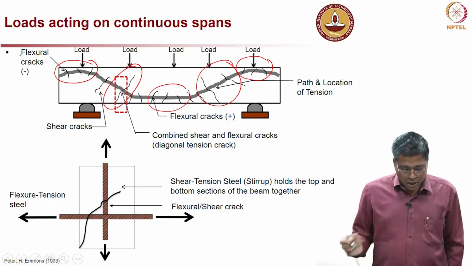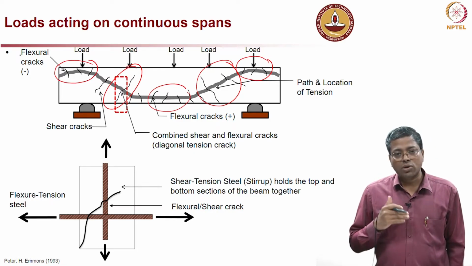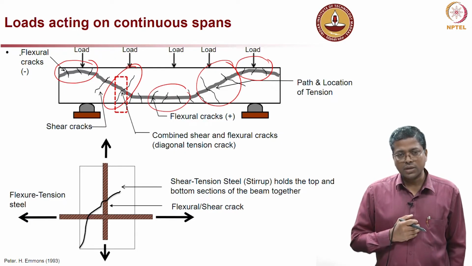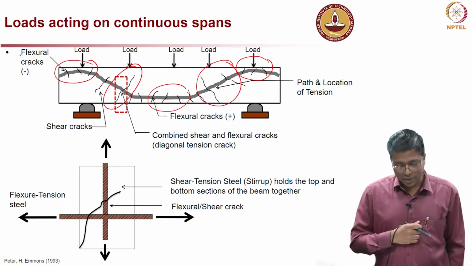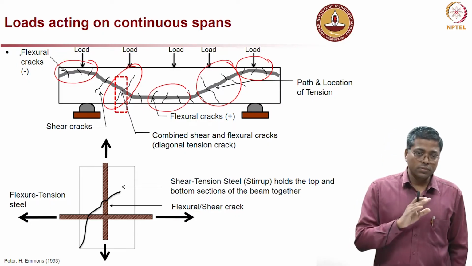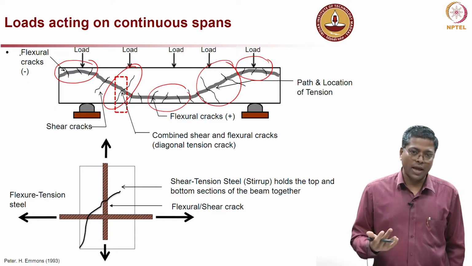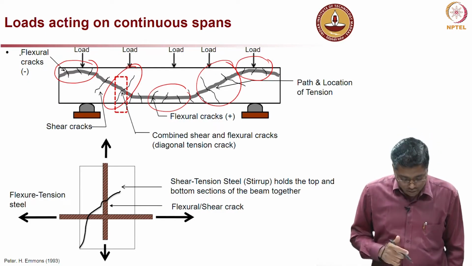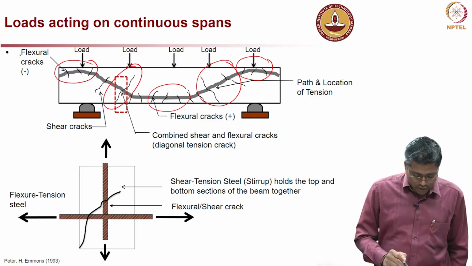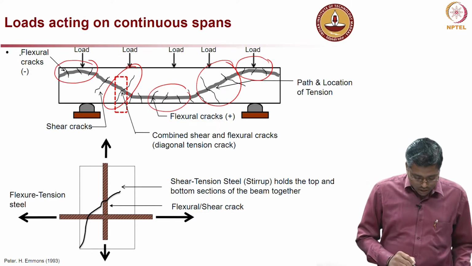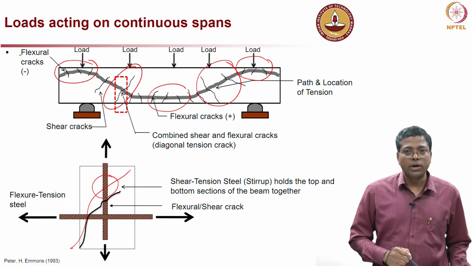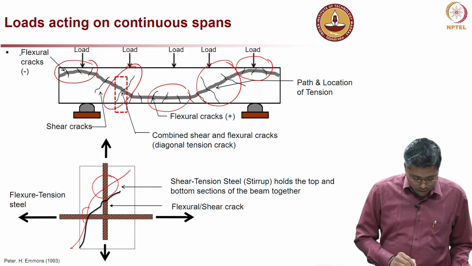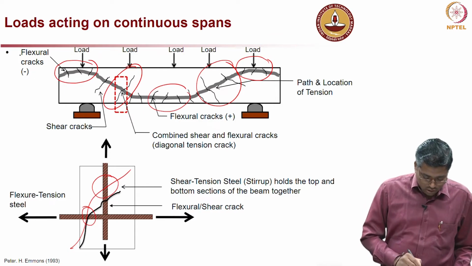So, these are different types of cracks, and based on the type of cracks visible, we can identify what the problem is or why the crack is happening, and so what type of resistance needs to be enhanced, okay, at various points on the structural system. For example, looking at the bottom sketch, if you have a crack which goes like this, to handle this problem I have to provide vertical reinforcement. If I have to handle this crack, then I have to provide horizontal reinforcement.